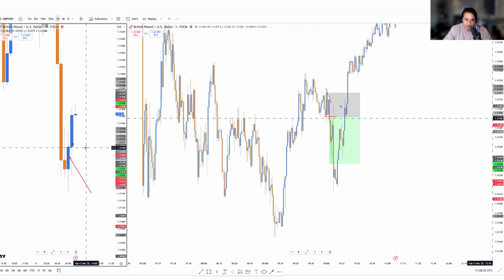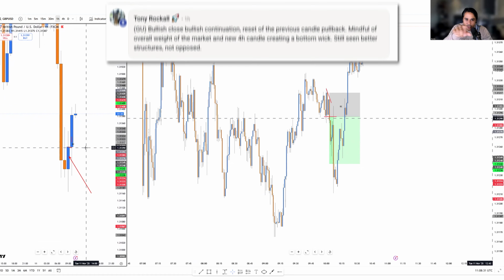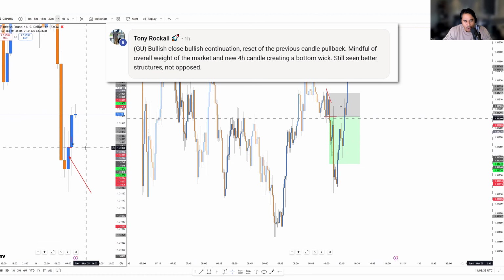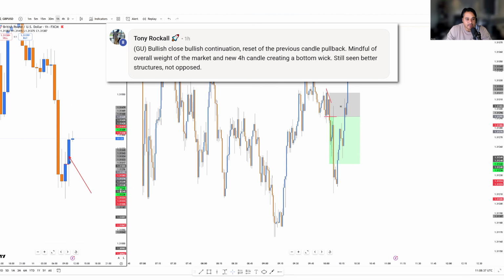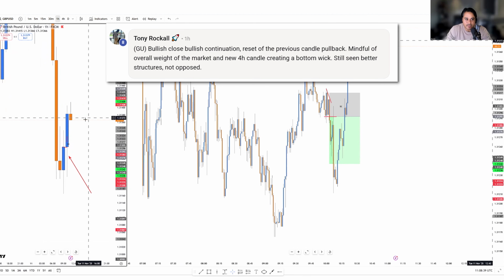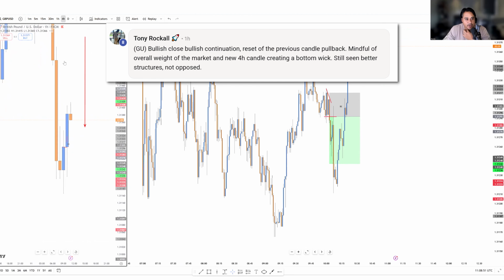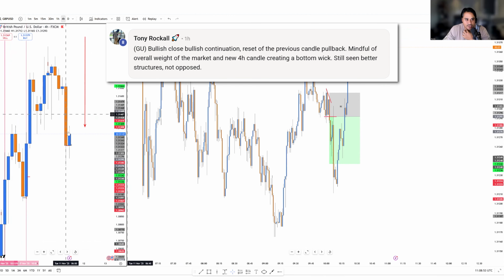But I did mention, I probably could just post it up here in a screenshot. I'll get that up so you guys can see somewhere at the top. I did mention the overall weight of the market is bearish. As you probably can see here, it's very heavily bearish. On top of that, we also have a new hourly candle that's open. So just consider that the previous 4-hourly candle, a new 4-hourly candle that's open. Consider we have a previous 4-hourly candle that has closed bearish. So just to show you an example of that, which is this information here,